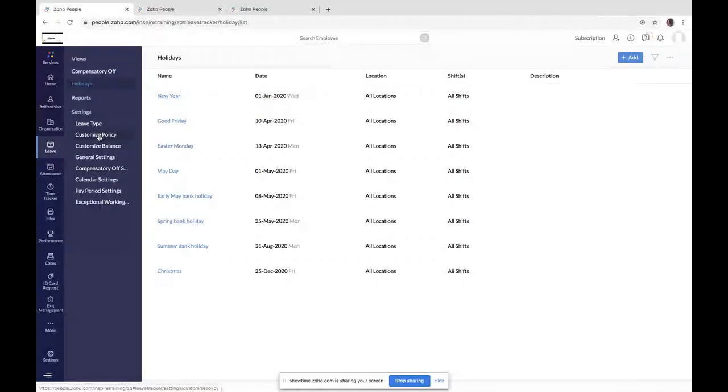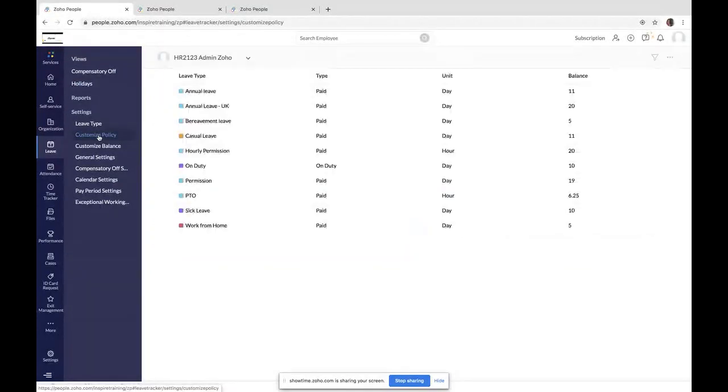And then the customized policy. We do have a concept called customized policy. Although a leave type is defined for the entire organization or for the entire set of people it is applicable to, we still have a concept called customized policy where we create instances for each and every employee with respect to the leave types. So say there's an employee, Alex Parker.